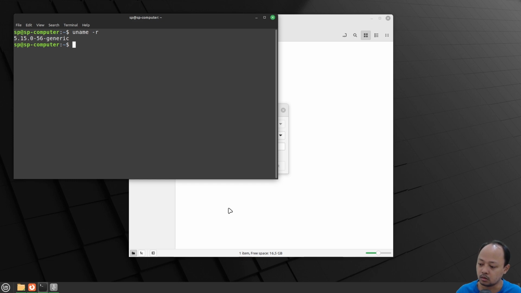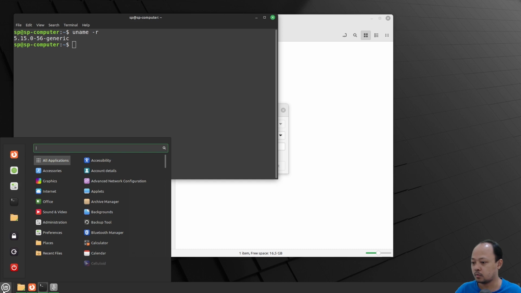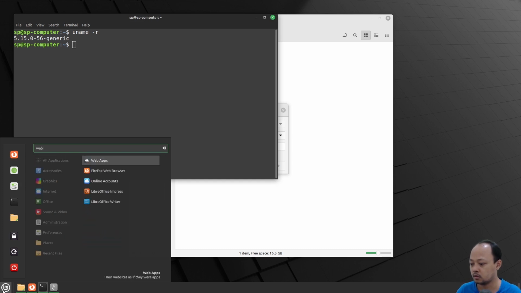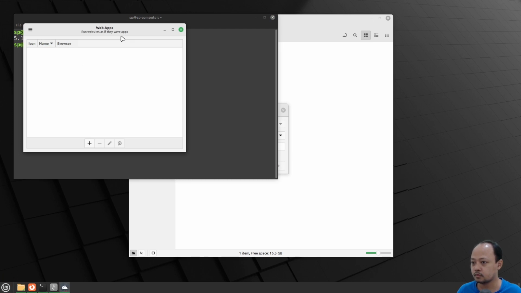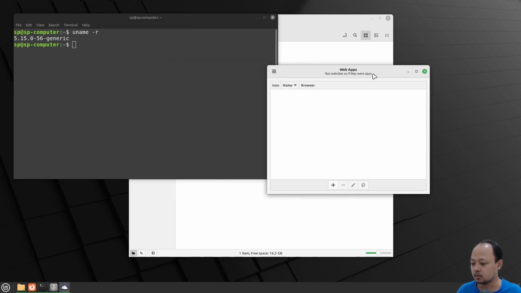And then the last thing, but I think this is the coolest thing in Linux Mint. Now we have a web app manager. Because I haven't touched Linux Mint for years, maybe this feature was already here on the previous version before. But for me, it's new.